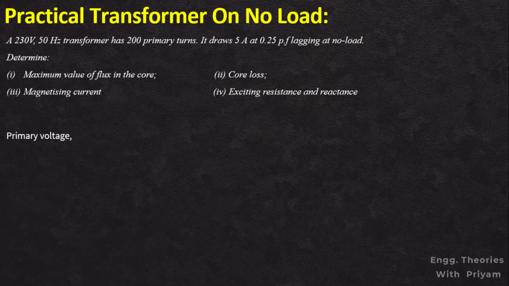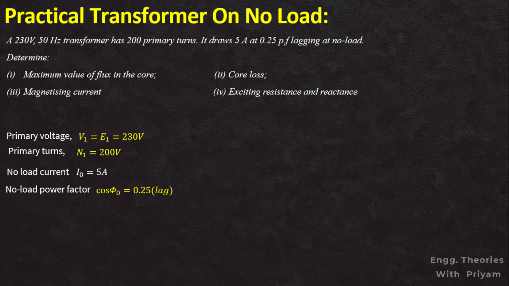So the primary voltage V1 will be equal to 230 volt, and the primary number of turns is 200. And also the no load current is given as 5 ampere, and the power factor cos phi naught is equal to 0.25. By using the primary voltage V1 equal to 230 volt, we can write the equation of the transformer, which is 4.44 N1 f phi m equal to 230 volt. By putting the value of N1 as 200 and f as 50 Hertz, we can calculate phi m as 5.18